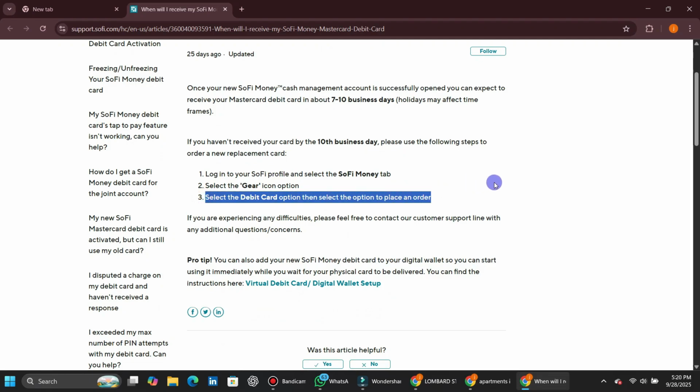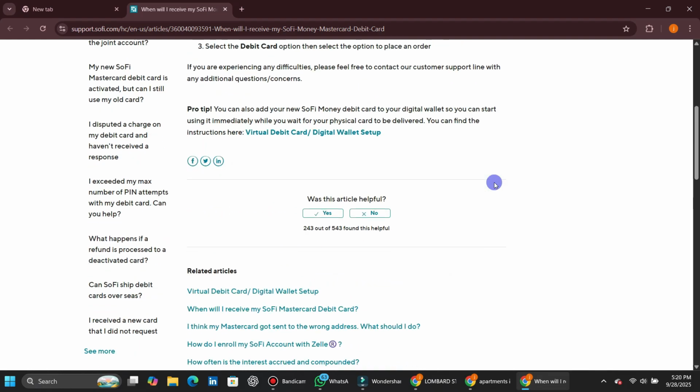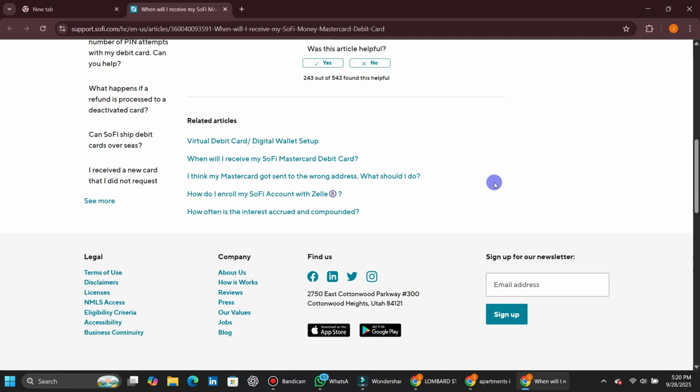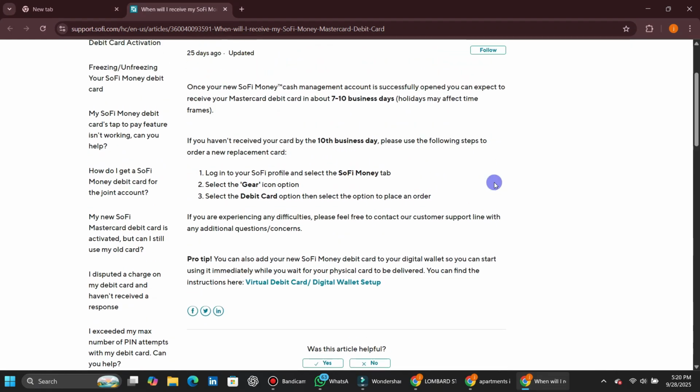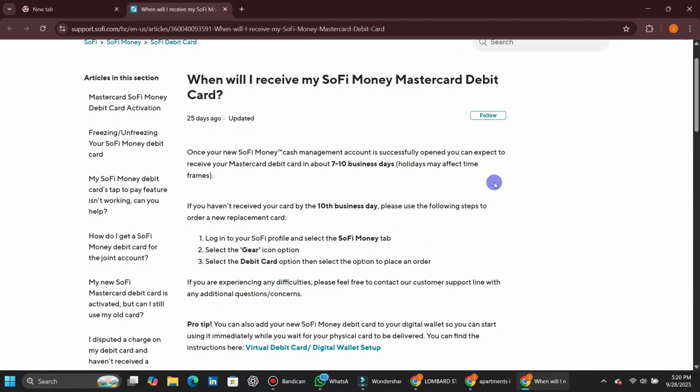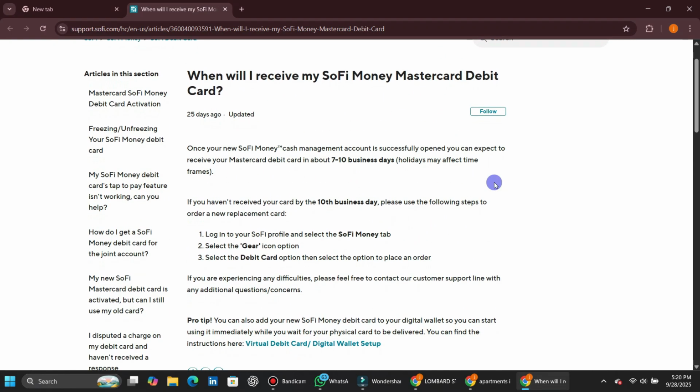contact SoFi customer support by calling 855-456-7634 or by using the in-app chat support. Finally, once your physical debit card arrives, make sure to activate it through the SoFi app before you start using